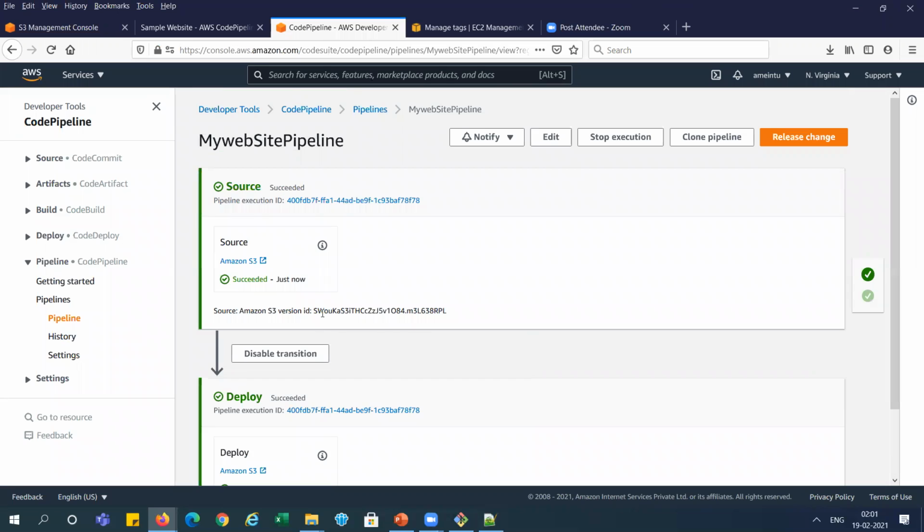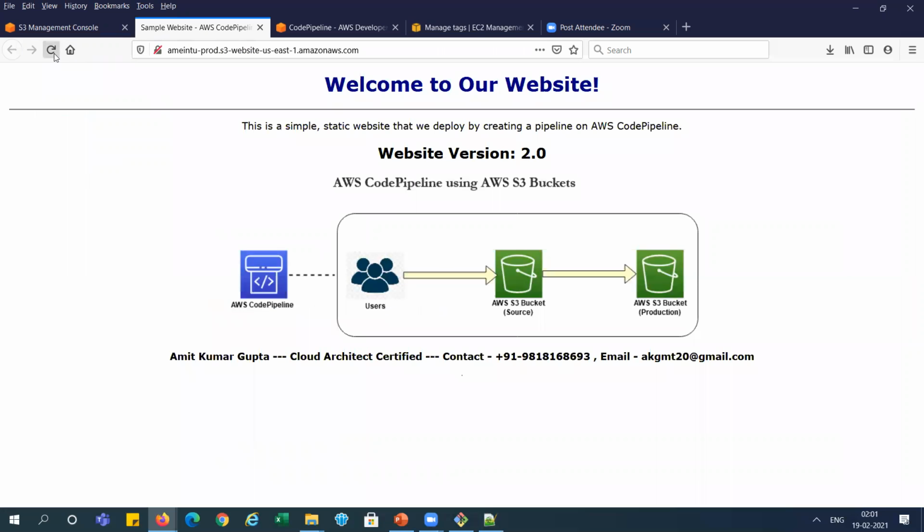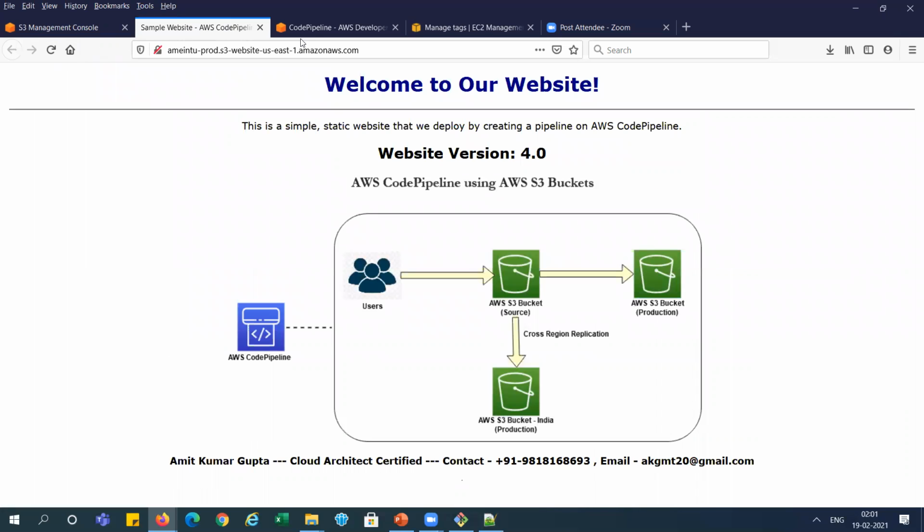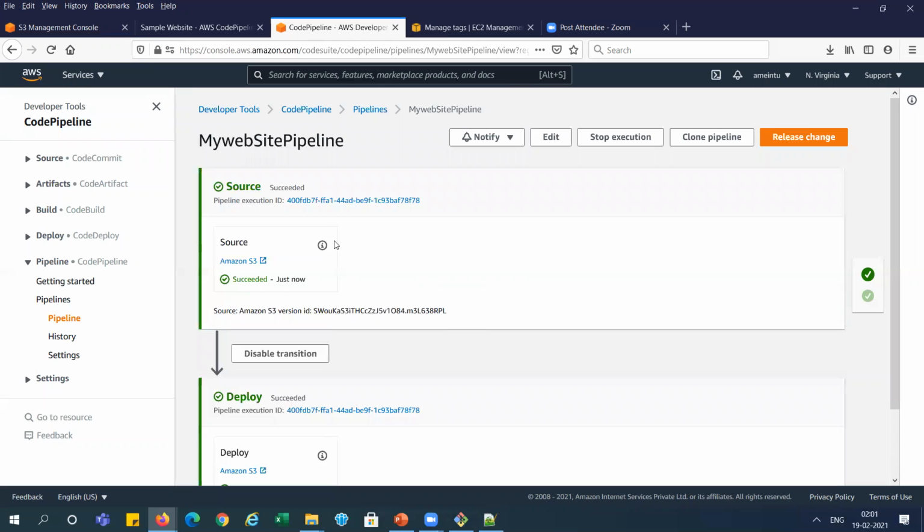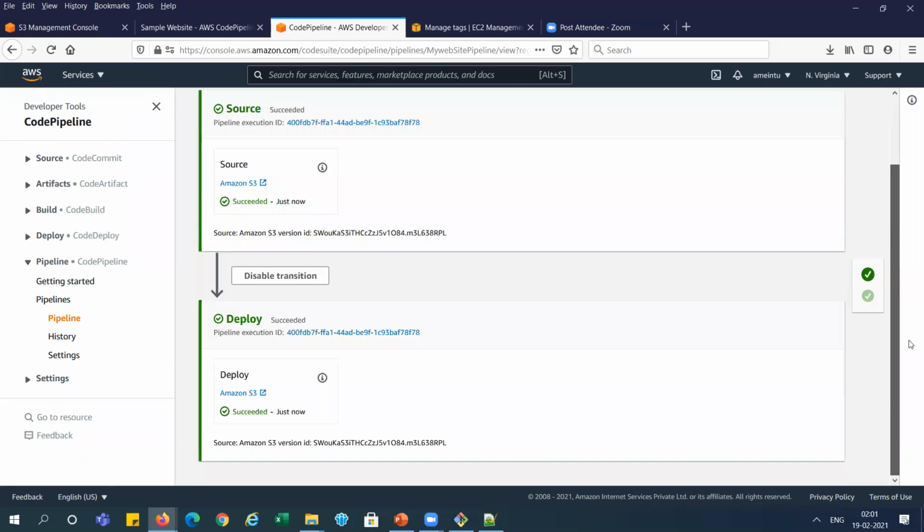And you can see this is a version ID. It will be changed when it triggers, right? And currently our version is showing here, 4.0 deployed to the instance directly, right? You can see it is deployed just now, one minute ago, right? It is deployed so quickly because it's a very small file, right?